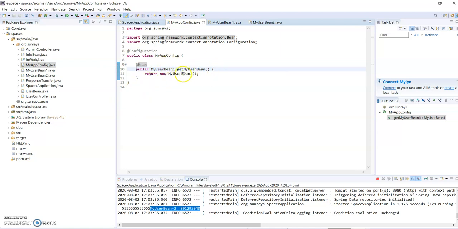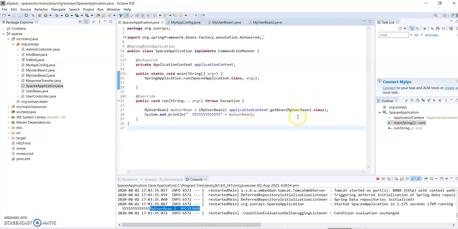The Spring context will take the method name as the bean name. The instance name refers to this one, and this is the class name, UserBean1.